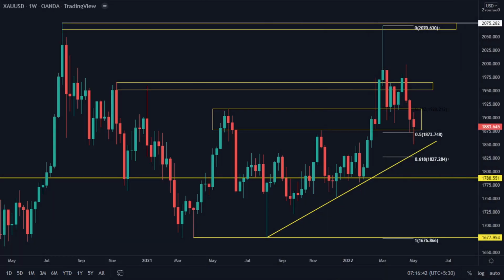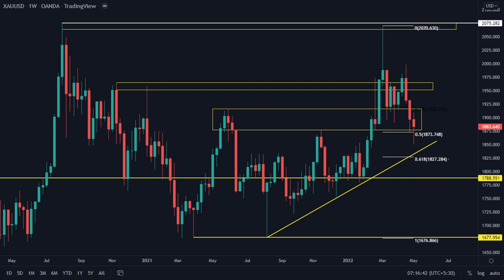If we go to weekly time frame, then you can see last two weekly candle making rejection at 50% retracement of this complete trend and previous resistance 1877, and closing of these two weekly candle is above previous resistance. If weekly candle close above 1915, this previous resistance, then it will be first confirmation for bullish trend, and after this zigzag correction it can easily go up to 2100,